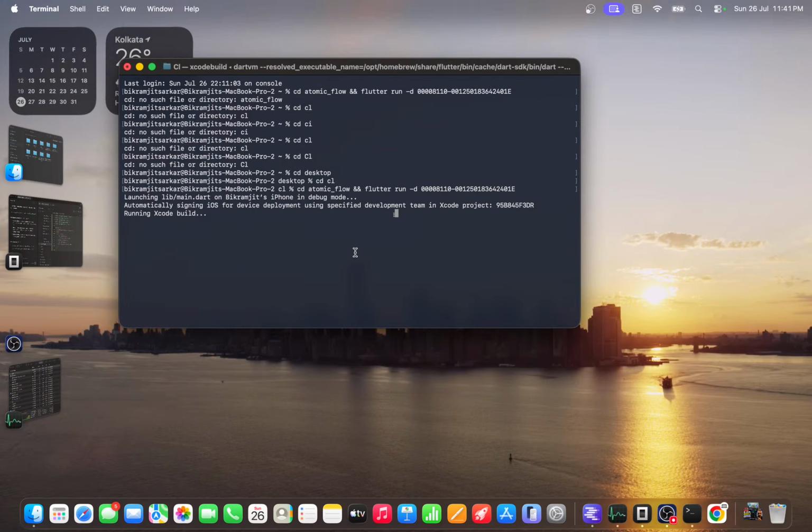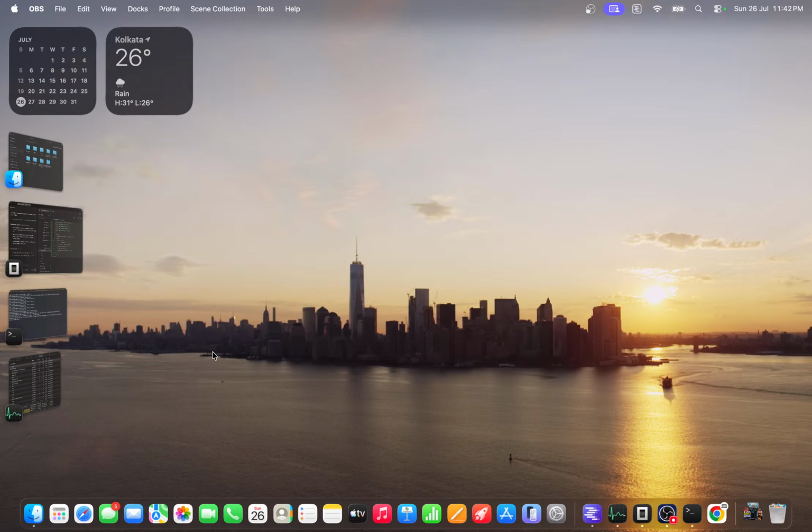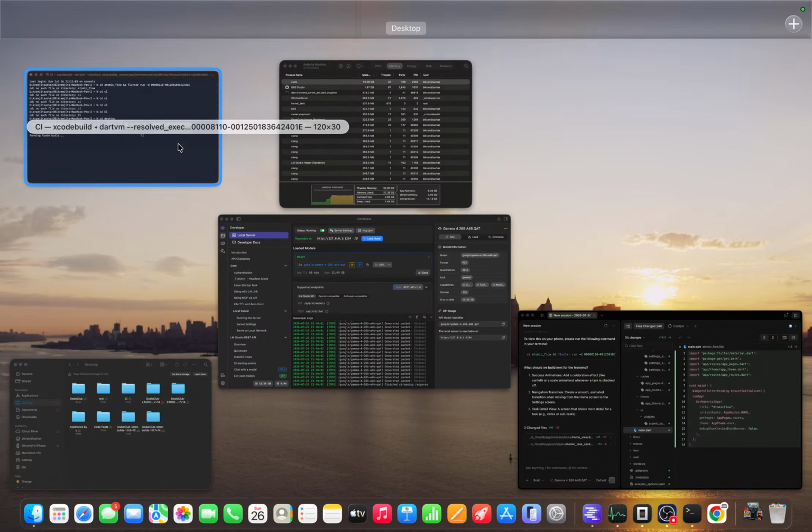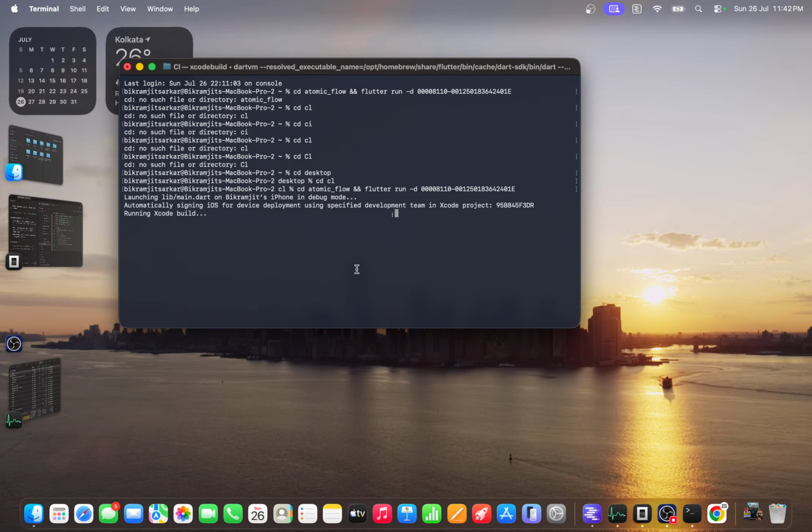Let's see what happens. It takes time, okay? A Flutter app takes time to first launch, then